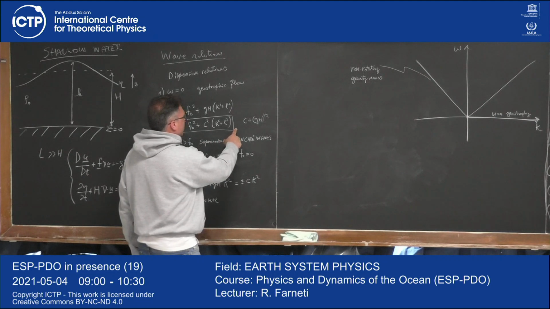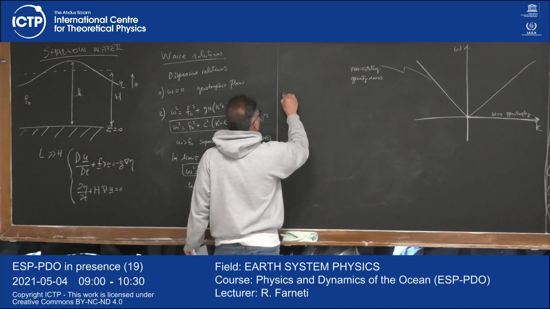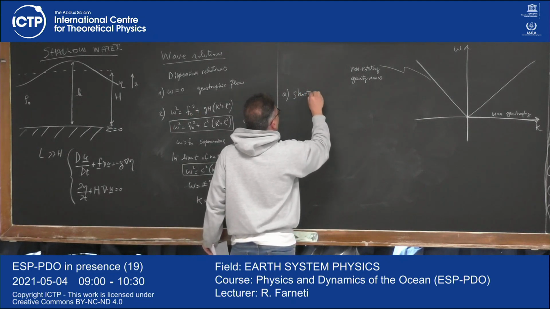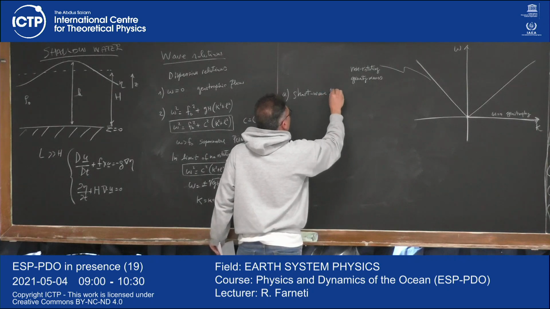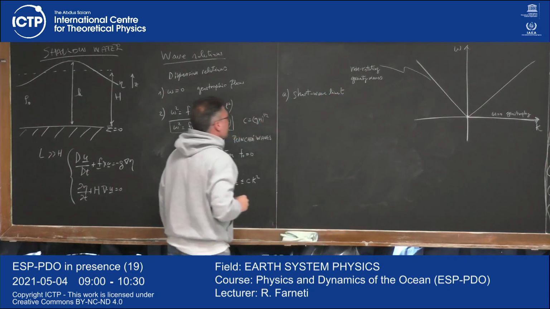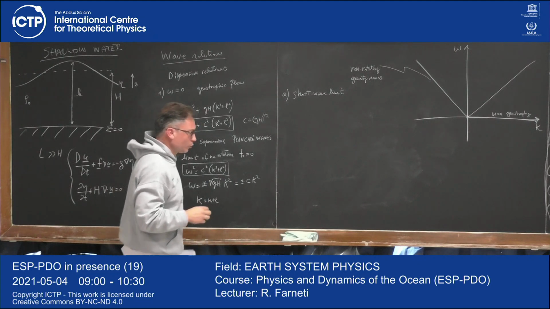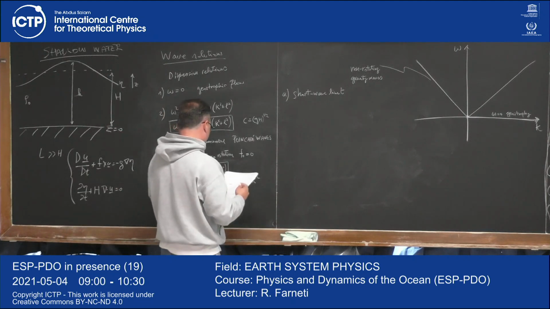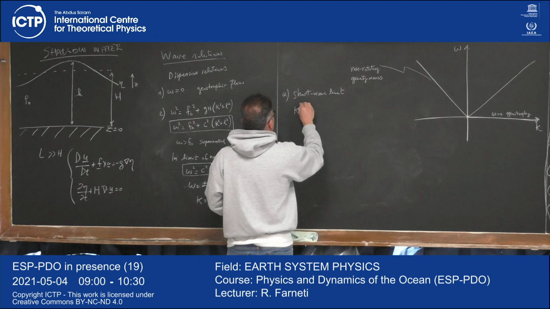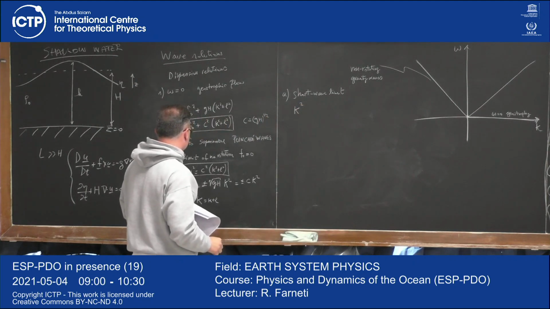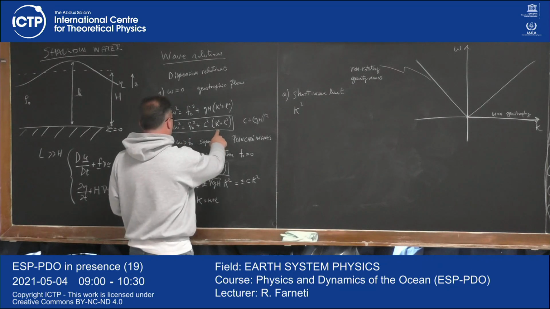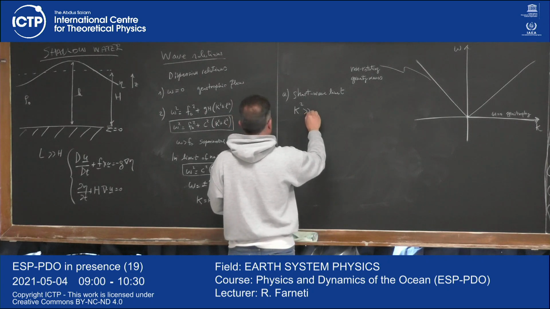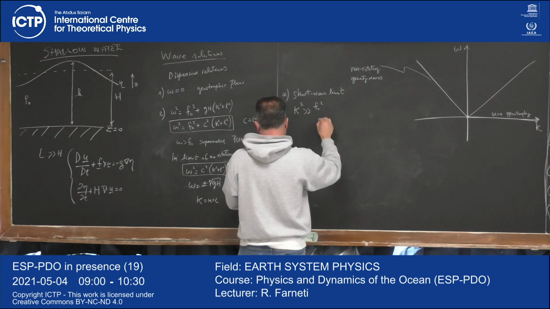If you take the full Poincare solution, you have a first case that is the short wave limit. Okay, so if the wavelength is small, so k is large, that means that big kappa here is much larger than f naught square over